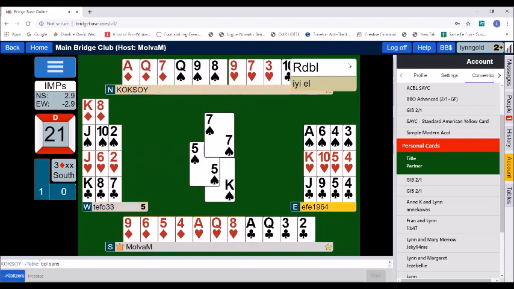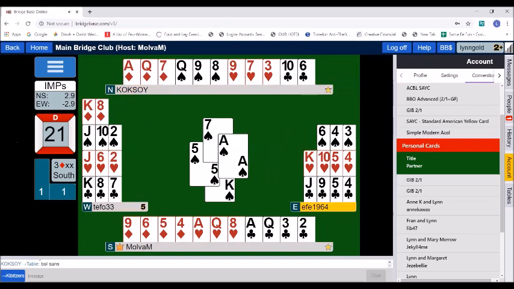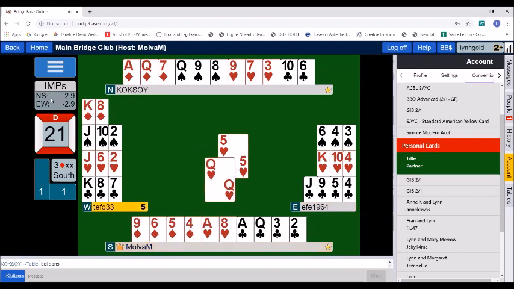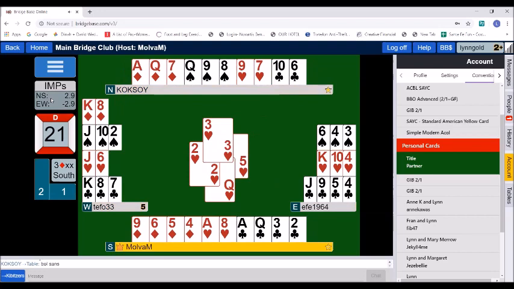Let's look below that blue box with the white, and you've got IMPs. So they're playing. It's an international game. They're playing for IMPs, and you see the score north, south, and east, west, where they are now. And if you're playing in an ACBL game, you're going to see the master points. Below that is the